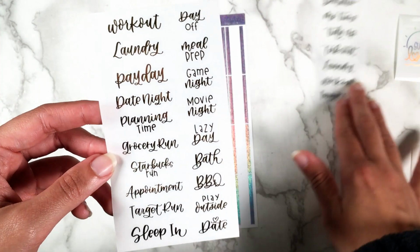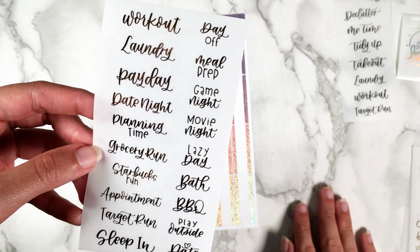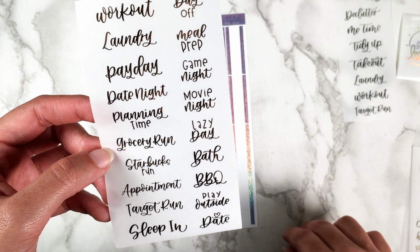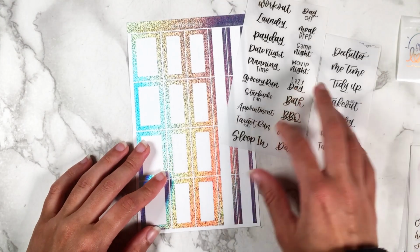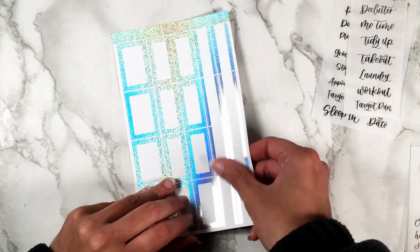So we have some of the more classic ones on here, but more that I feel like I would use, like Payday, Grocery Run, Starbucks Run, Sleep In, and then some on this side as well. I'll probably keep this one, even though I do have a few already, I believe. And then the 150 sampler is